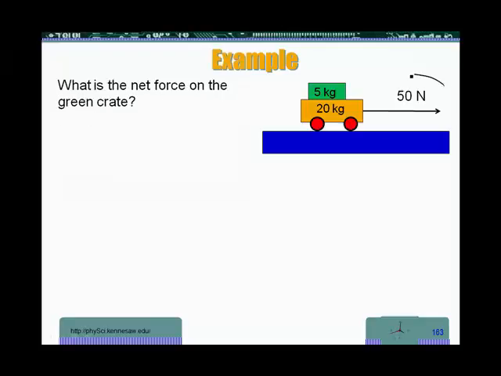We know the net force on the buggy, and that's the net force on the buggy with all of its load on top of it. The net force on the green crate